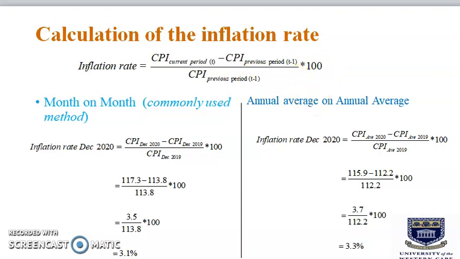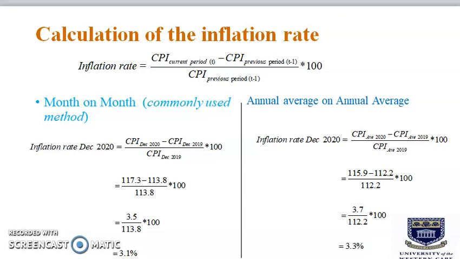There are two methods used in the calculation of the inflation rate. These are the month-on-month and the annual average on annual average. In terms of the month-on-month calculation, the CPI index of a particular month is compared to the CPI index of the same month in the previous year. It covers a period of 12 months. This is the most used approach, and you will use this approach for the calculation of the inflation rate in this course. Let us use the CPI table in the previous slide to calculate the December 2020 inflation rate using